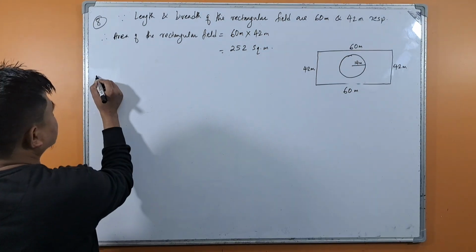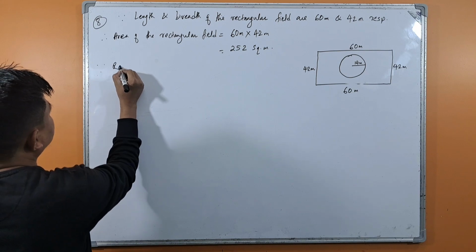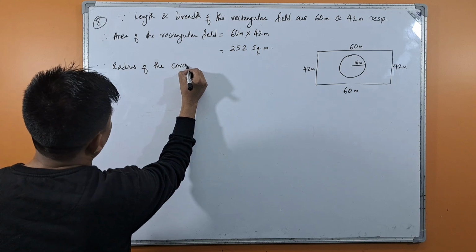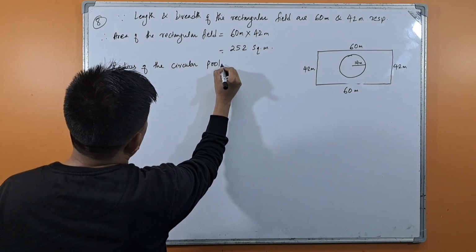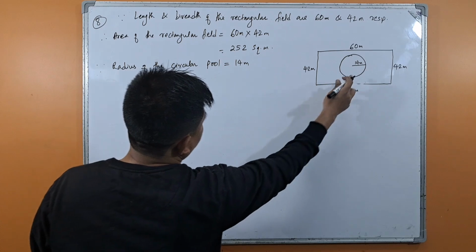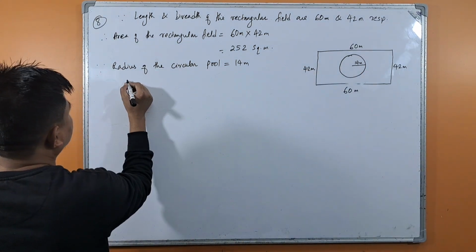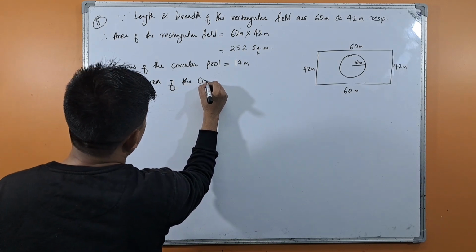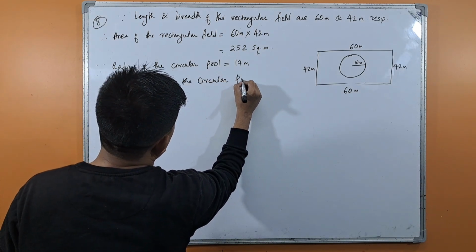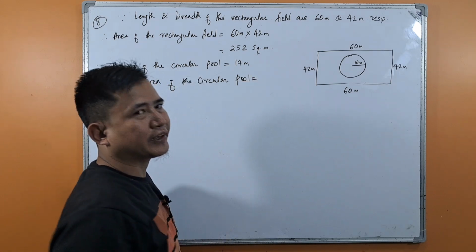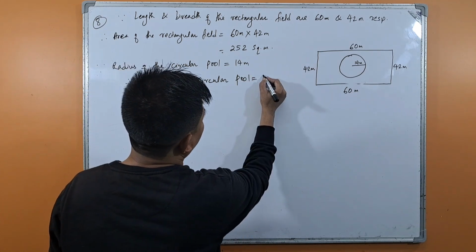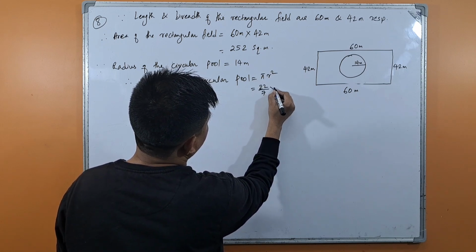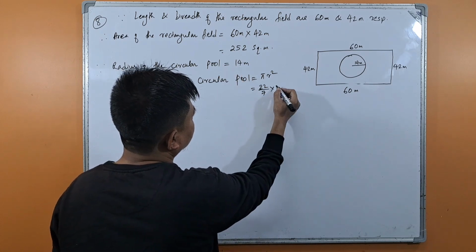Okay, since radius of the circular pool is 14 meter, this is given, radius of the circular pool is 14 meter, therefore area of the circular pool equal to, what is the formula for area of a circle? That is pi r square. So pi r square, pi is 22 by 7 into r, r is the radius, so radius is 14, r